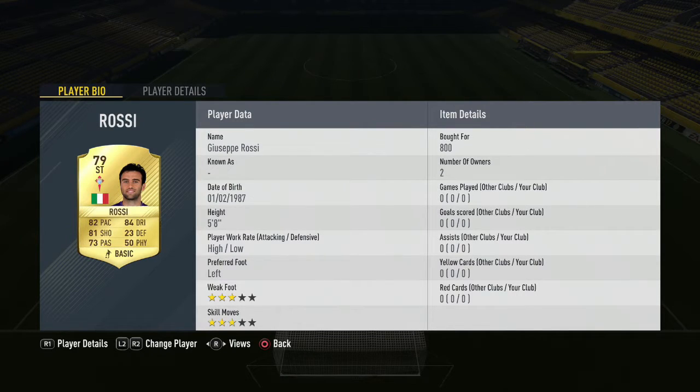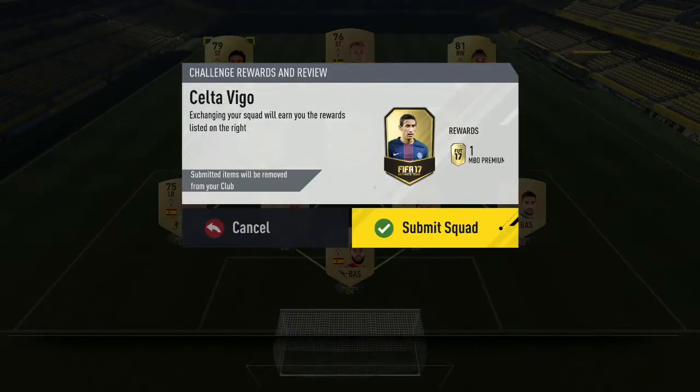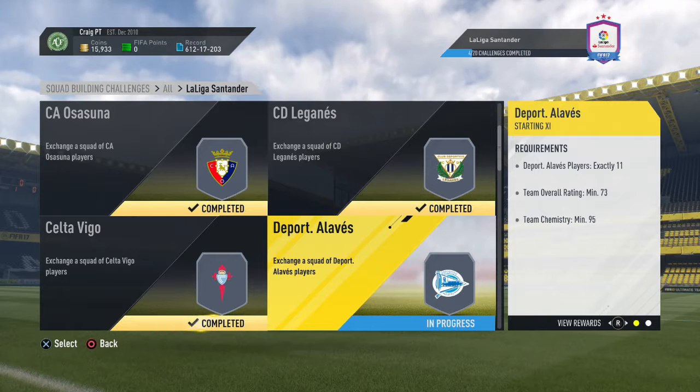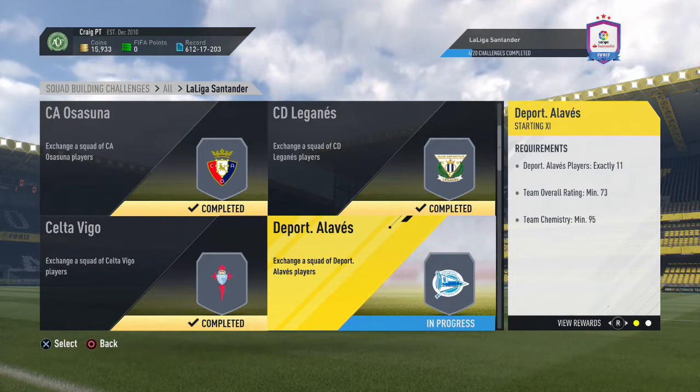But not really fulfilling his potential as of yet. Then rounding off the team, we have Giuseppe Rossi in the left wing position, costing you 800 coins and getting you the chemistry you require. Exactly 95 chemistry received. So that's the fifth side done. We now move on to Deportivo Alaves, and this is the sixth side out of 10 in part 1 of this video. And we start it off, is relatively easy this one to complete, not too expensive again,